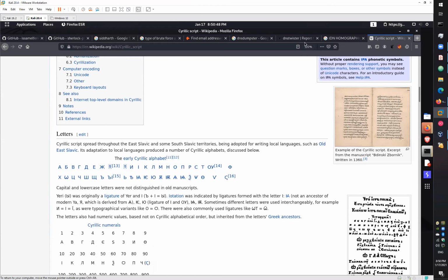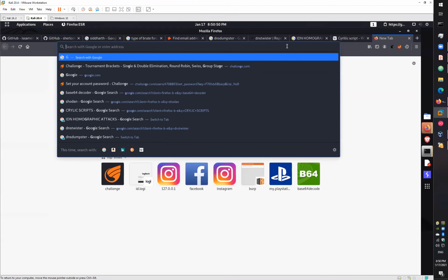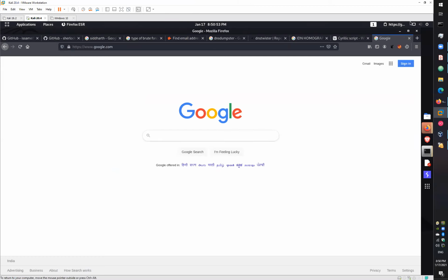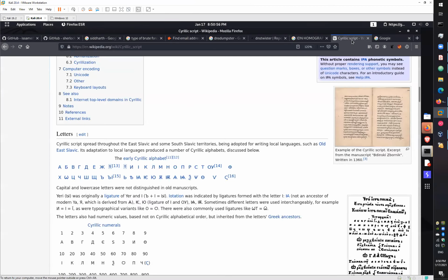If I give you an example for this part, let me open Google. Encryption is a totally different thing. We have multiple languages, like Greek, Hindi, English, right? Cyrillic script is just a bunch of characters which look similar to actual ABCD in our English.